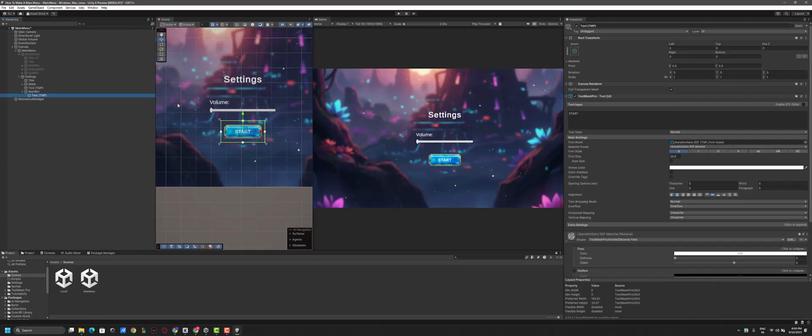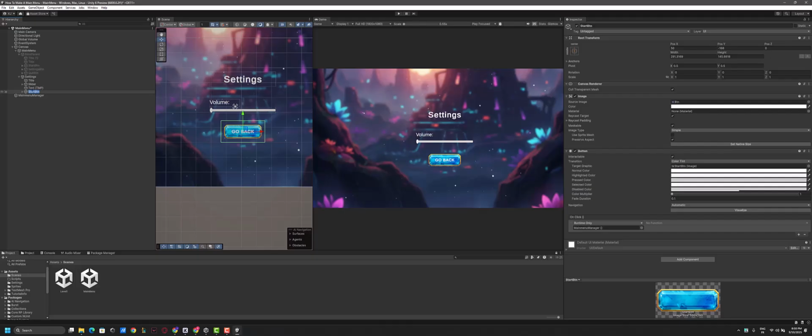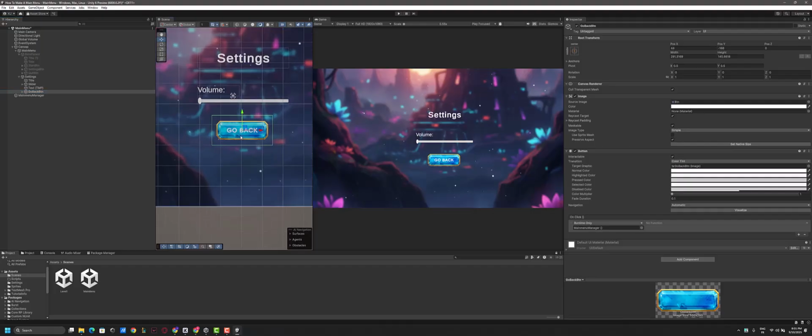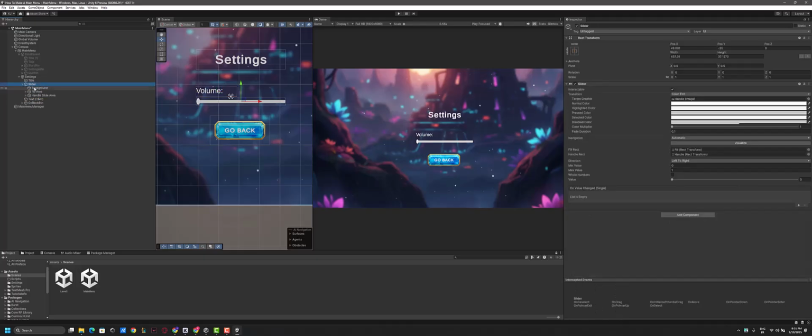And I will change the text to go back, for example, to return to the main menu. That will change the button name to go back button. Okay, good. One more thing that we're going to do is to select the slider and we are going to